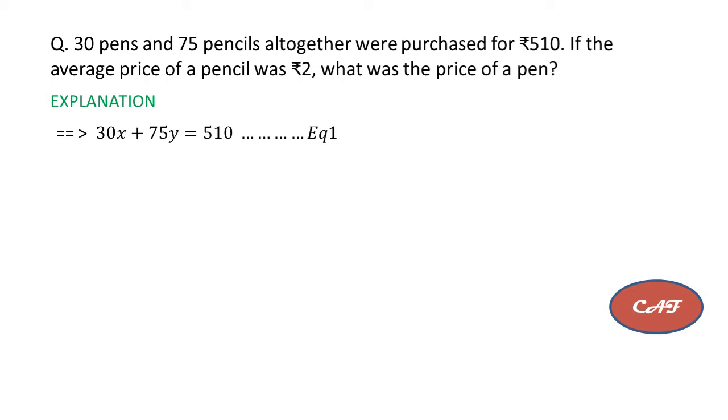So he told that there are 75 pencils. So I am assuming that the pencil cost is equal to y. So if you add 75 times, you will get 75y divided by how many times I repeated, 75 times, is equal to 2, they gave. 75 will cancel and y is equal to 2 we will get. Otherwise you can assume the average price of a pencil was 2 rupees. You can take it directly, but I am taking whatever the question mentioned, average, that's why.